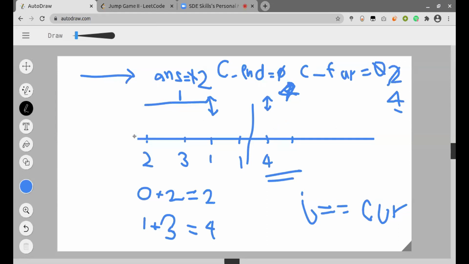This is why, when I am updating the answer, I am updating it when the index is at the current end index. So here it looks as if when I'm at index 1, I can reach till index 1 in 2 steps. But to see how many steps I took to reach 1, I have to see the total number of steps 1 index before it. So here the answer was 1, but here the answer became 2.